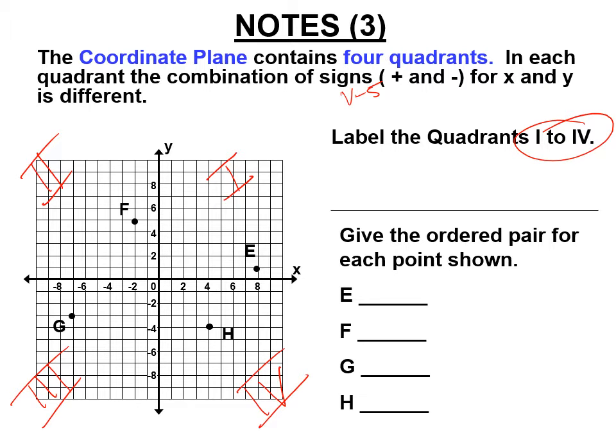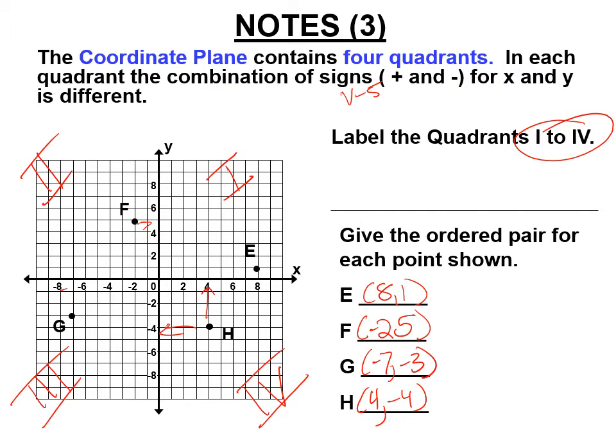So E, I already said, was at 8, 1. All right, F, so you have to get the number from X first. So F is -2, 5. Okay. G, again, now you have to go up to the x-axis. You always get the first number from here, from X, -7, and then it's over to -3. And H, you go up to X and get a 4, and then we go over to Y-axis and you